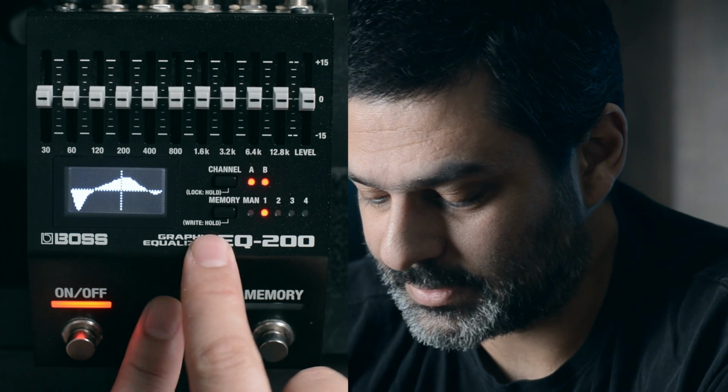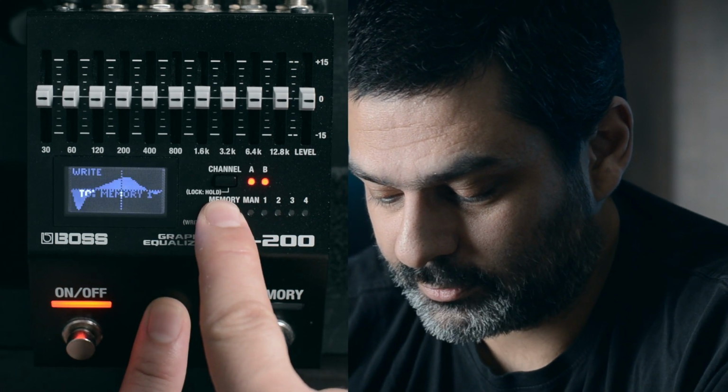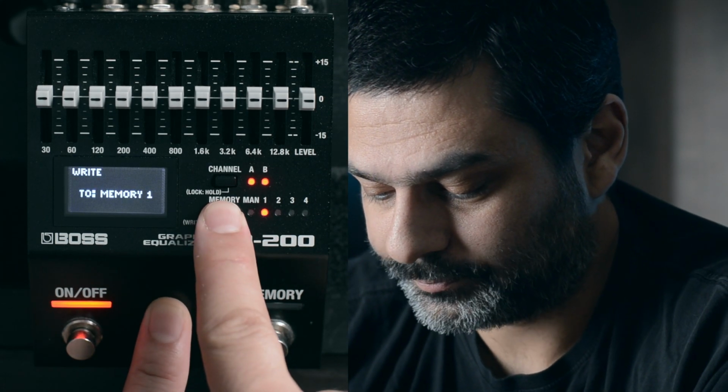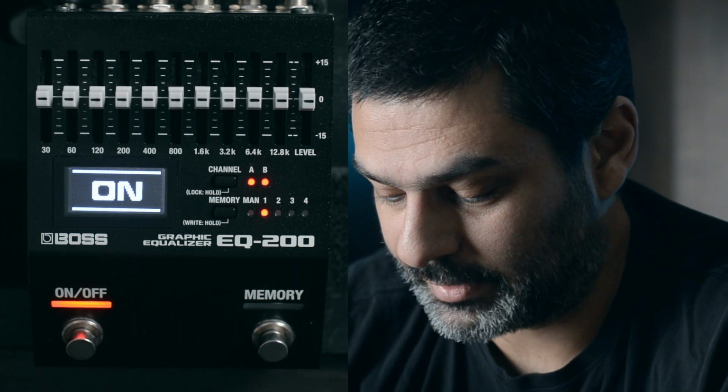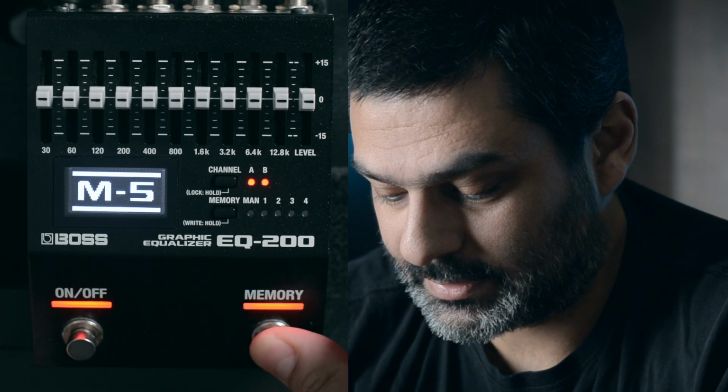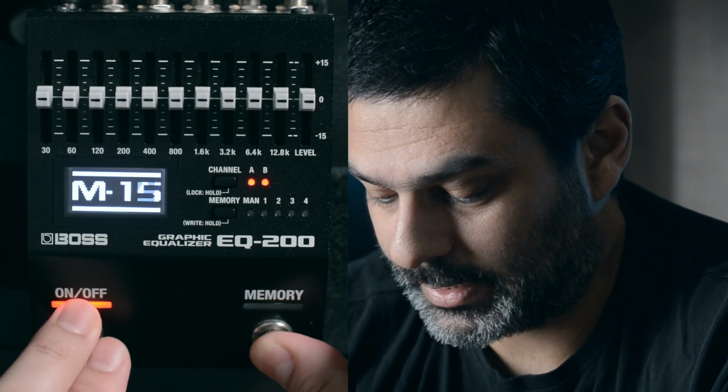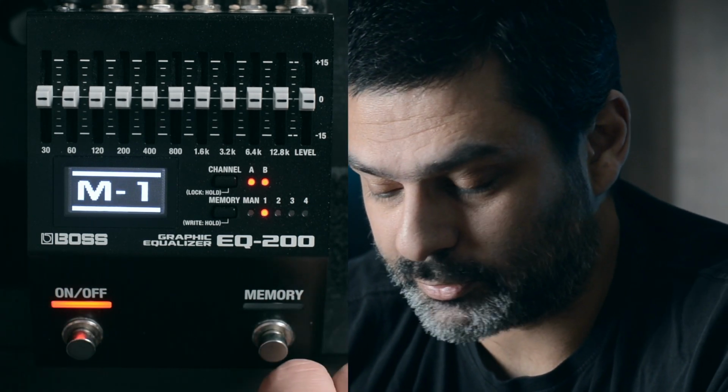So press those 2 buttons, press and hold to write to memory 1, and it's now writing to memory 1. As you can see, on/off is here, memory is doing memory up. That's exactly what you wanted to do.